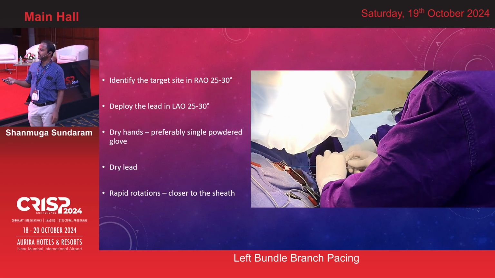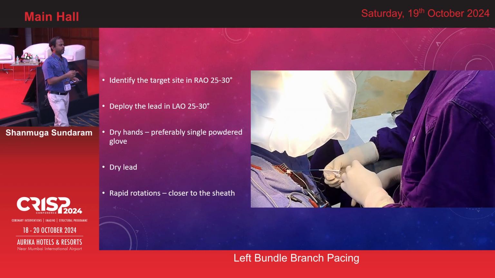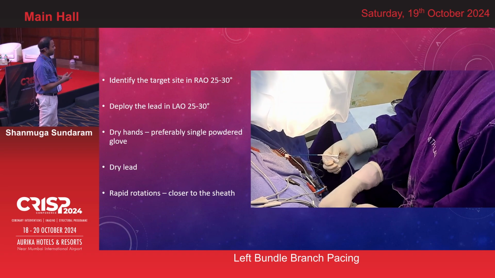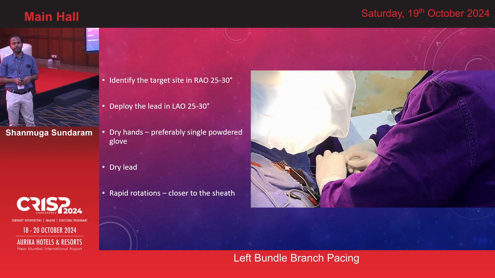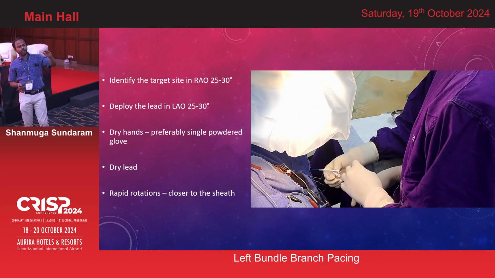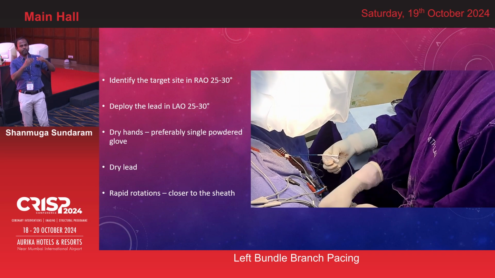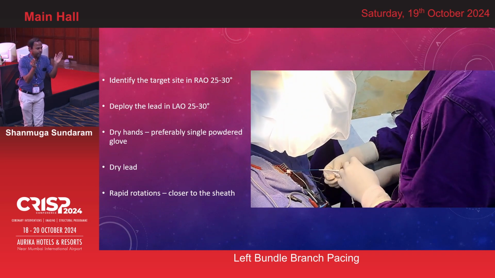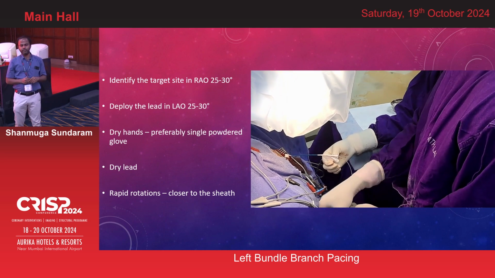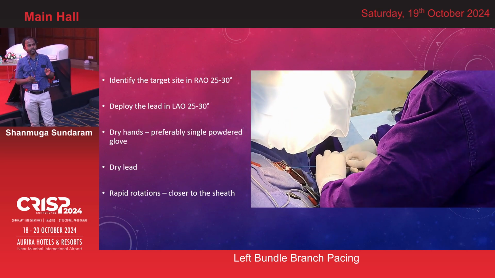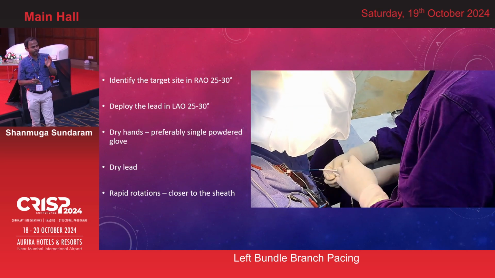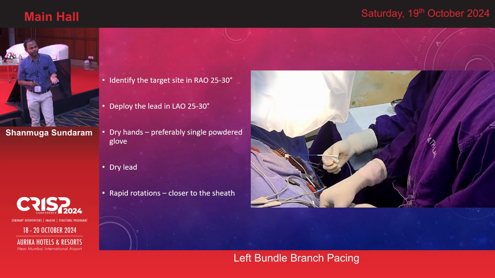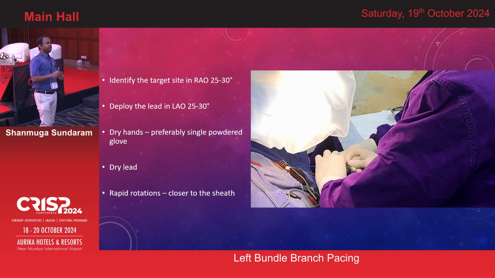So once the target site is identified, you have to deploy the lead by giving rapid rotation. Once the lead goes in, that W pattern will gradually ascend up to form an R wave, and you will have a simultaneous reduction in QRS morphology and duration, and ultimately once it reaches the left ventricular subendocardium where the left bundle fibers are, you will be able to see a QR